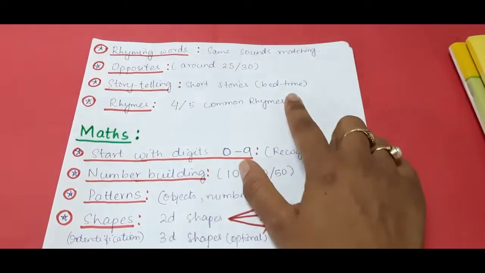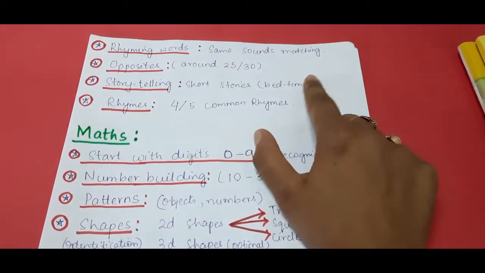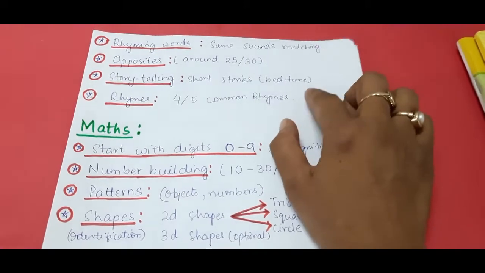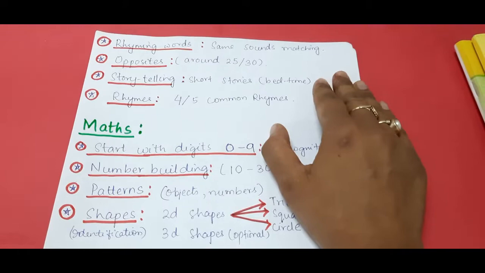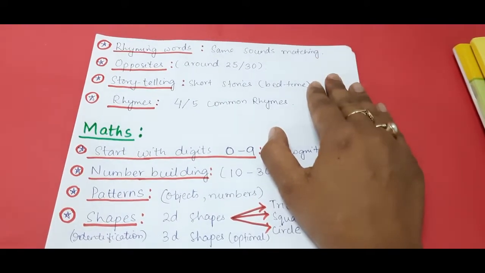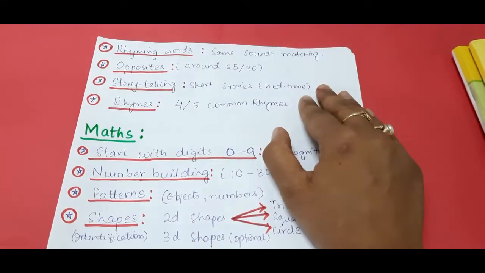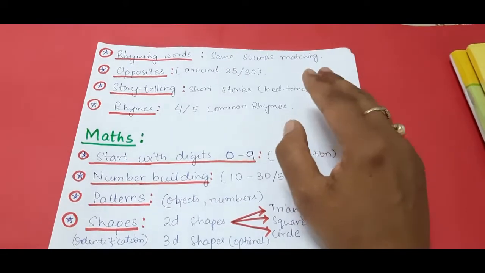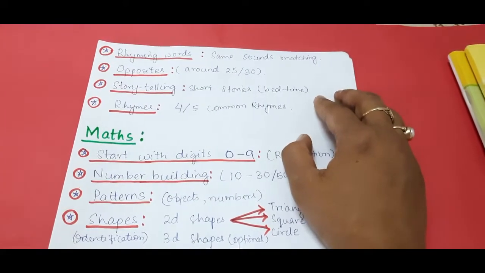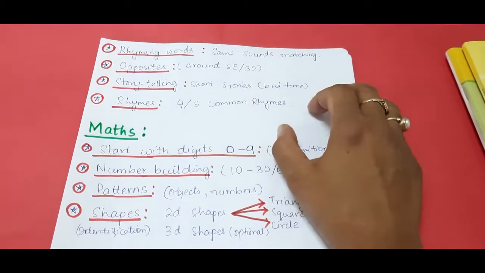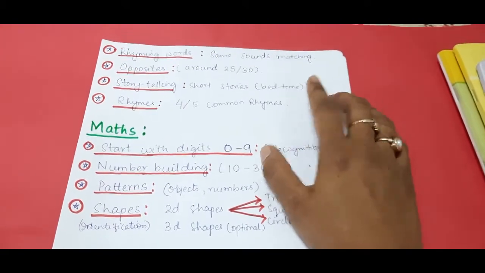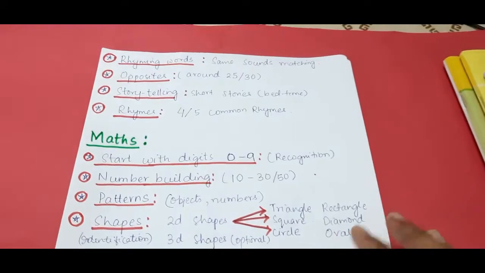Next comes storytelling. I will emphasize storytelling because it's very important. It helps to improve the communication skills of the child. What you have to do is tell the stories, read out the stories for them, and they can comprehend the story for us. It improves their comprehension skills and also their communication skills. So it's very necessary and a must for all the children. It also starts a reading habit in them.